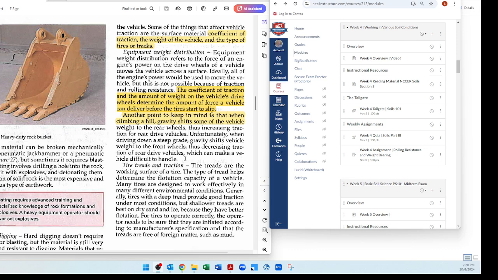But let me tell you something right here. This is a free tip. If you're an excavator and you're going up a pile of sandy loam, the weight is going to shift to the rear. Maybe you can put your bucket in front and that'll help a little bit, but since you're in sandy loam and most, if not all, of the weight has shifted to the rear, your rear drive sprockets are going to just dig into the dirt